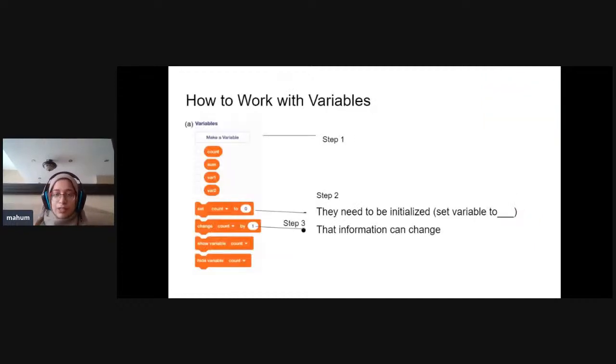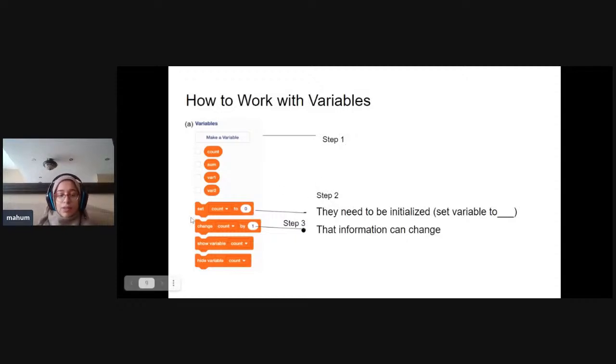So how do variables work in Scratch, right? Variables actually have their own section in Scratch. You have to go to the very bottom of the console, and you're going to see this orange variables button, and then this will pop up. Your first step to making a variable is to click on Make a Variable. You have to name your variable something. You can name it lives, you can make a timer, you can name it count, sum. This person just named it var1, var2. Now, once you've named your variable, let's say we called it count,